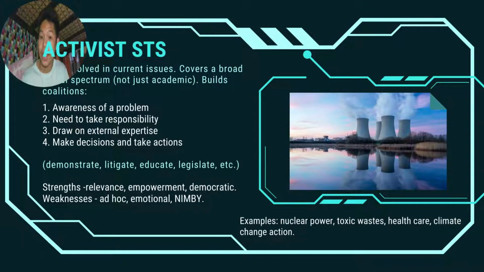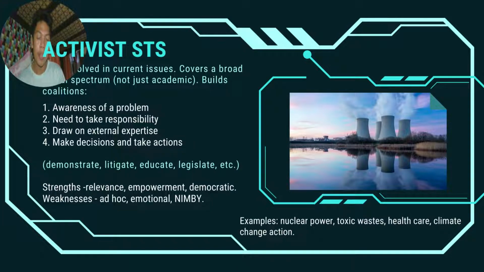Next is activist STS. There are four parts to it. The first one is the awareness of a problem. The second one is a need to take responsibility. The third one is to draw on external expertise. The last one is to make decisions and take actions. These include demonstrate, litigate, educate, legislate, and so on. Its strengths are relevance, empowerment, and being democratic, and its weaknesses are being ad hoc, emotional, and